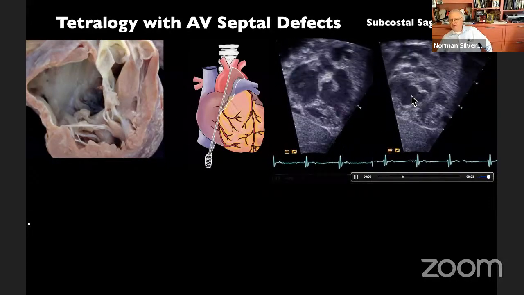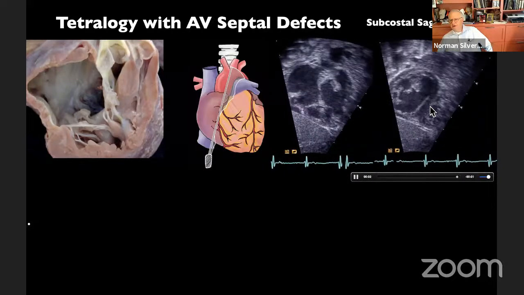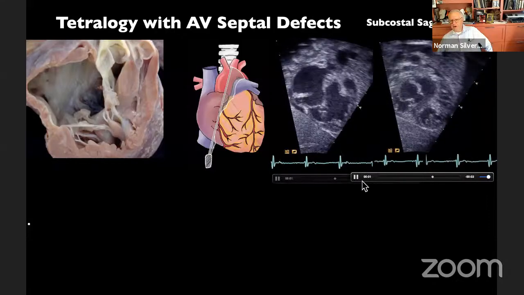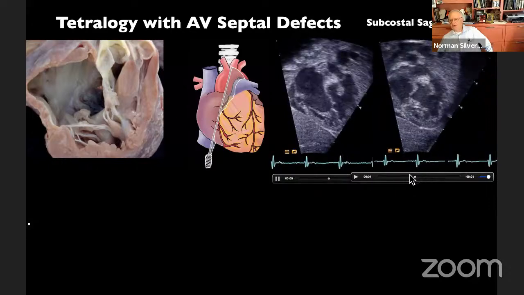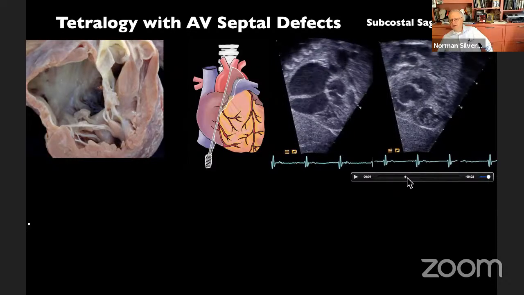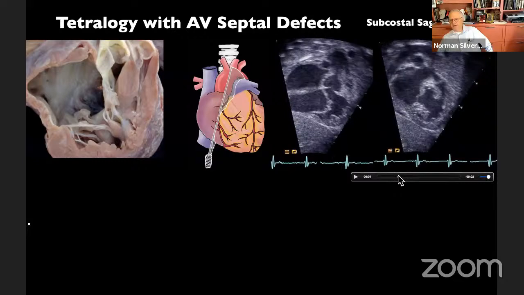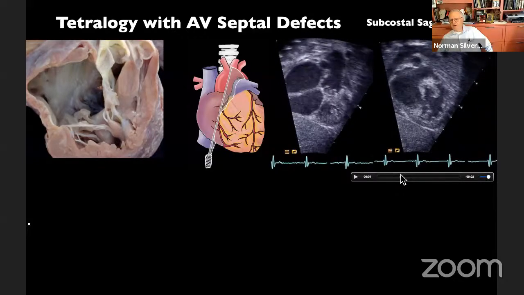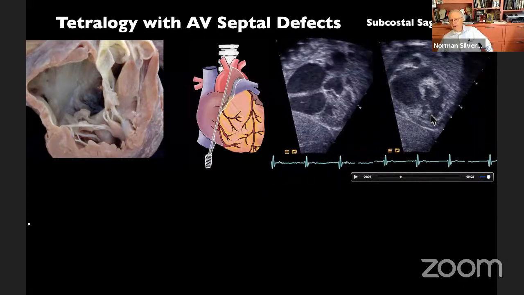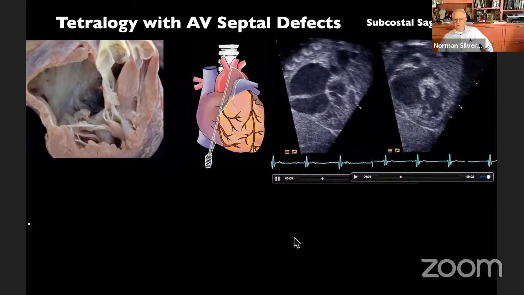And here you see the left ventricle, as the surgeon might look at it. And here you see the anterior leaflet straddling across the ventricular septal defect and inserting in a papillary muscle in the right side. And let's just stop this as we can do that. There's the so-called cleft, which is really the commissure between the superior and inferior bridging leaflets. And there is the chordae tendineae, not attached to the ventricular septum, attached to a papillary muscle within the right ventricle, and there is the rest of the septum.